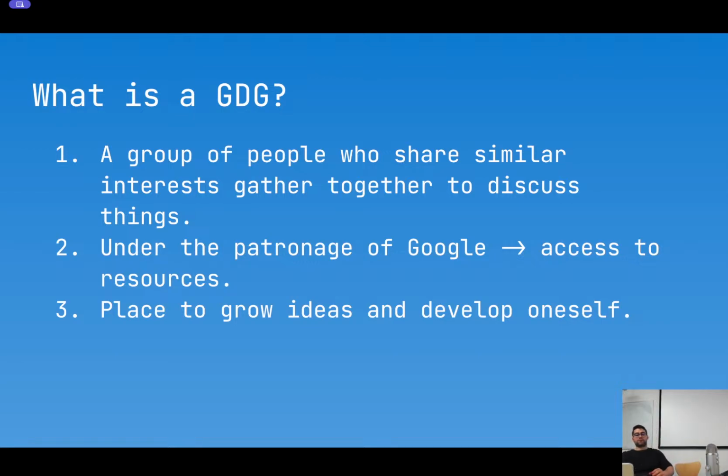Oh, sorry, there was a problem with the stream. So we can use information from Google. So what does that mean? That basically means that we get access to some Google tech that's in development, so we can see more interesting things that are not out public. And essentially, we also get access to Google staff, which is really good. So in this talk, we have a bunch of people that are experts in their field from the University of Cambridge. However, in the future, we can get experts in any field who work at Google or somehow associated with Google. So that's kind of what Google's involvement in this group is.